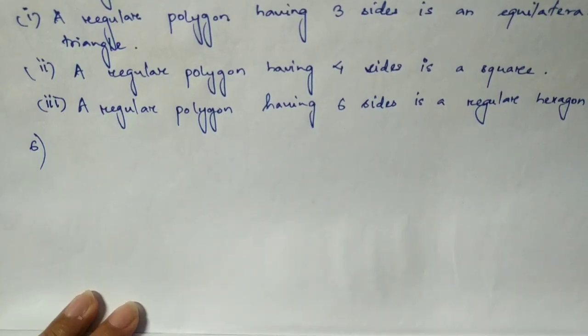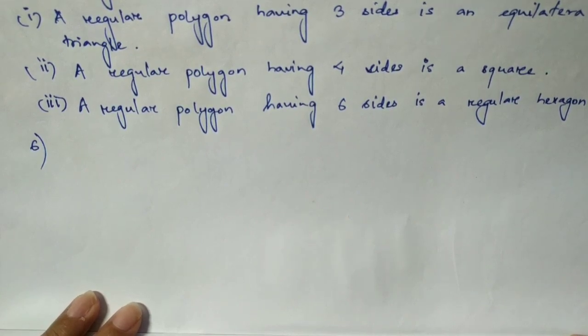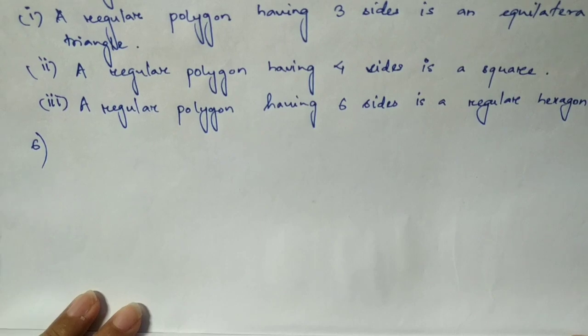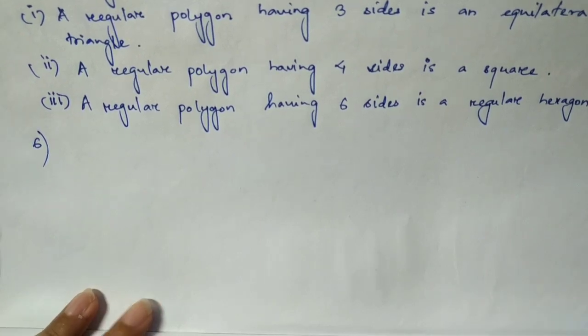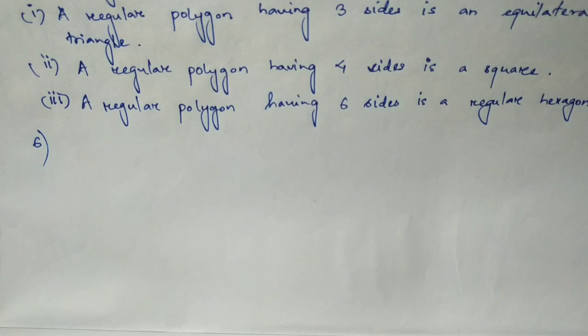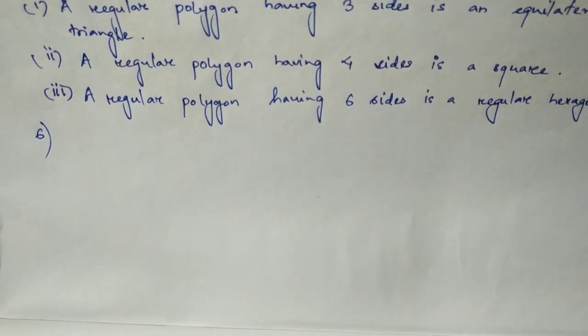Now let us see question number 6. It is given, find the angle measure x in the following figure. So if you can see, there are 4 parts, A, B, C and D in this question, and there you can see different types of polygons drawn, and the measures of the angles are marked, and in some you can see it is written x. X is the unknown angle that we have to find in each of the following.